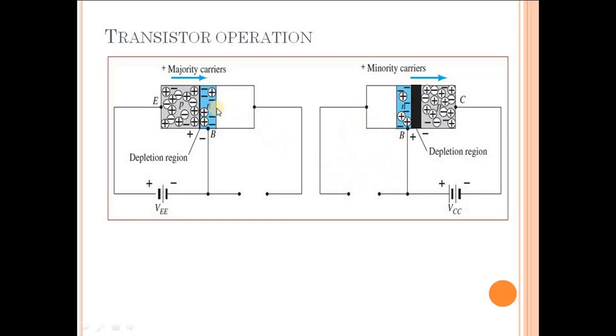So we'll discuss the operation in two parts. In the first part, we'll see the effect of this DC bias in the PN junction over here, and in this circuit we'll see what is the effect of this DC bias on this PN junction, and later we'll combine these two analyses to make up a circuit in which both the DC biases are simultaneously there,